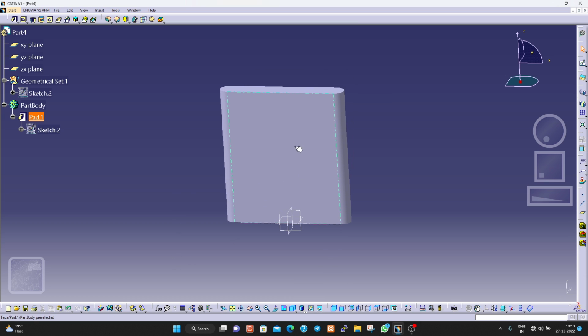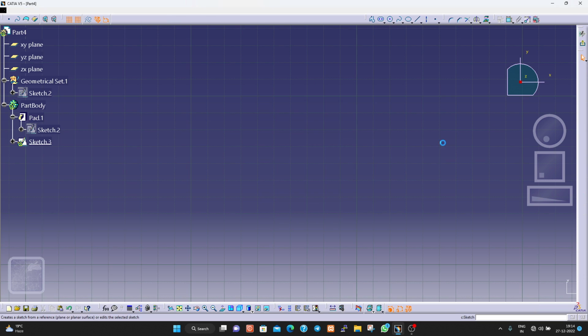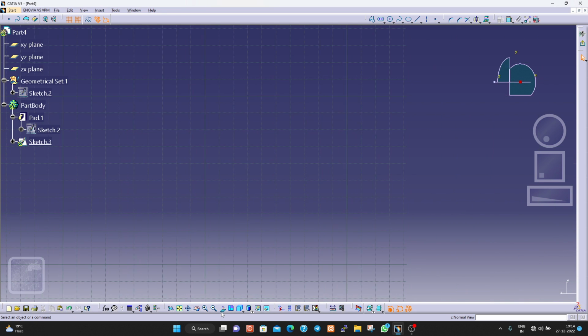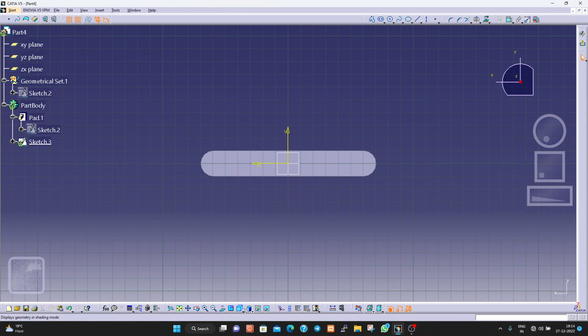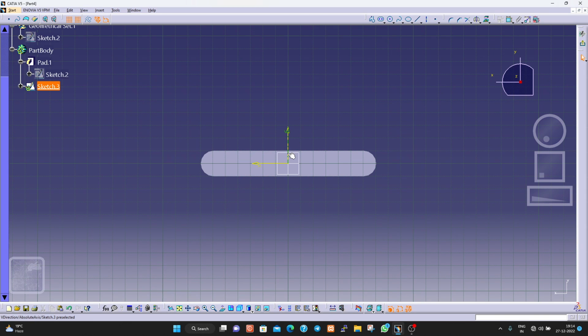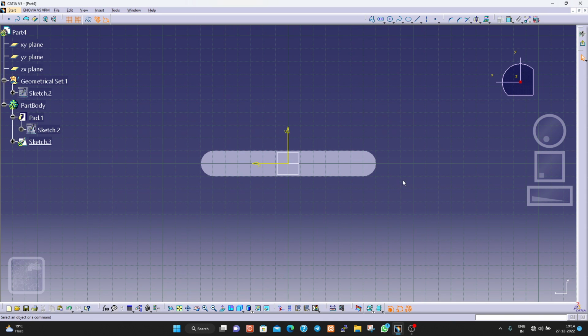Now what we have to do, we have to go and select this surface and go for the sketch part. Where did it go? So what was the sketch we are going to draw once? Let's exit first,